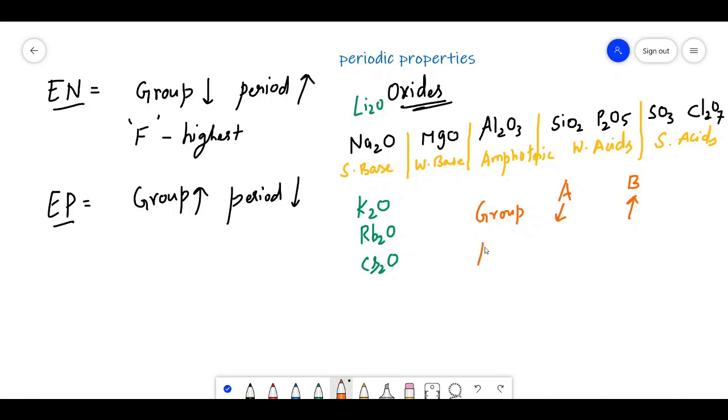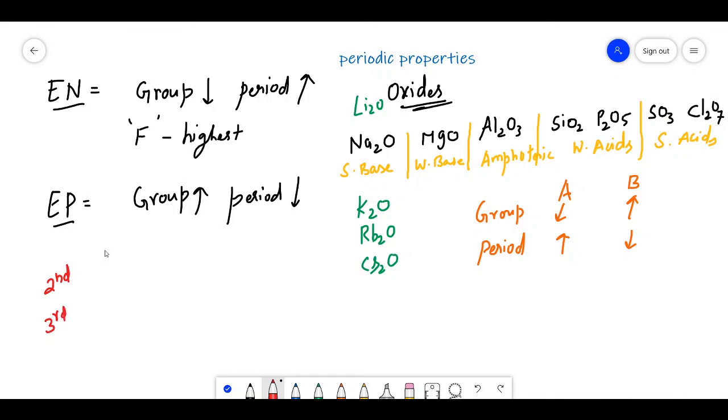When coming to a period, from left to right, the acidic nature will increase and the basic nature will decrease. That's all. So this is all about oxides. And after oxides, one small topic is left, which is called diagonal relationship. In this diagonal relationship, it is present only in second period and third period elements,